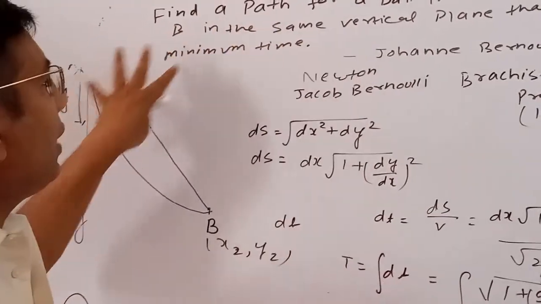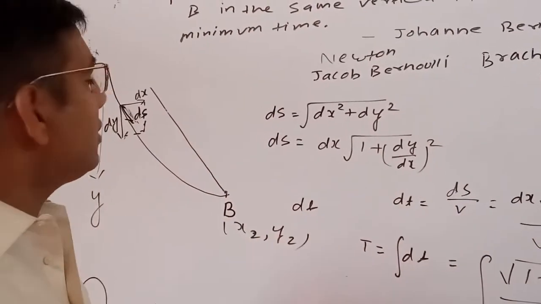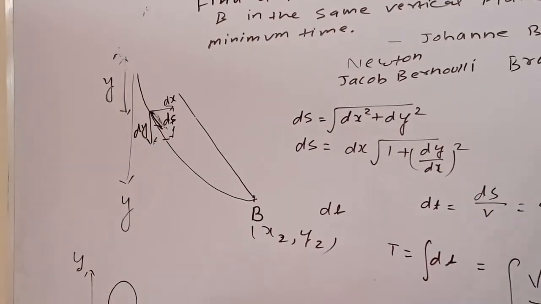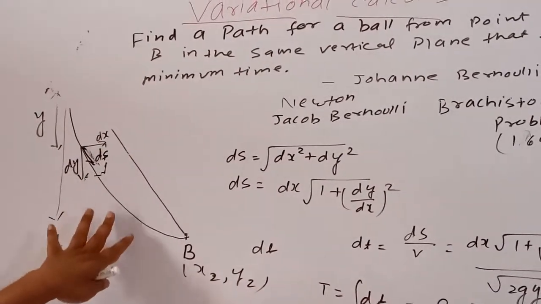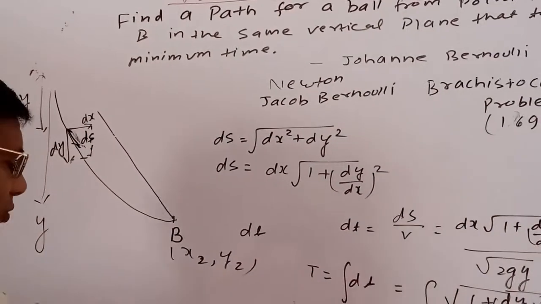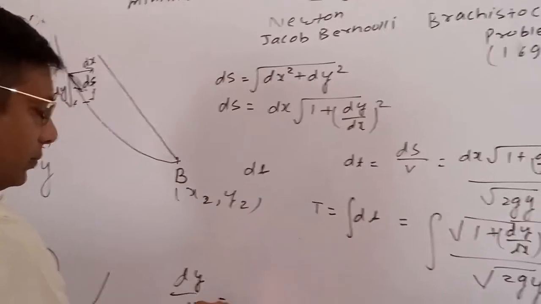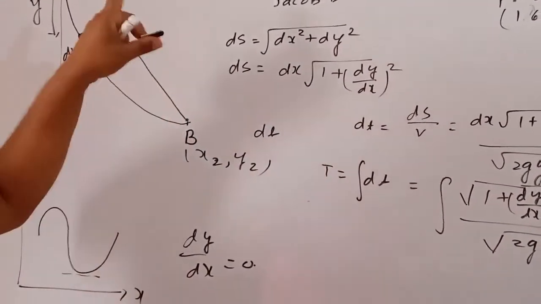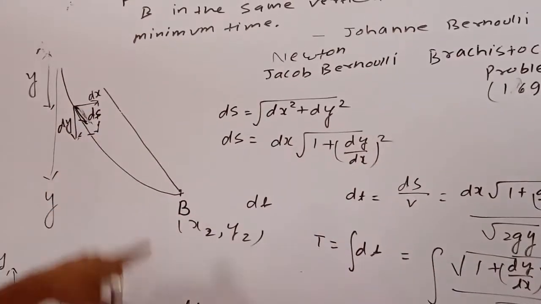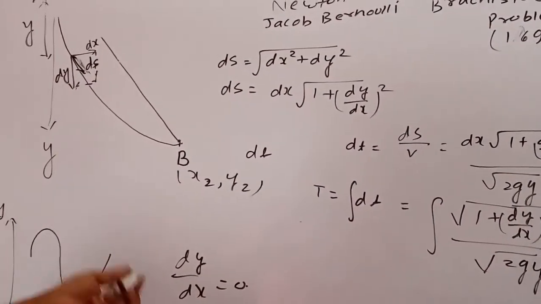So now we will formally define variational calculus and see what the conditions are to find out the minima. Like here we have dy by dx equal to 0, right? So here, for finding minima, we have dy by dx. In the same way, in variational calculus, how do we find the condition for the minima?